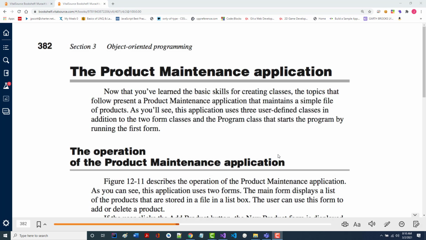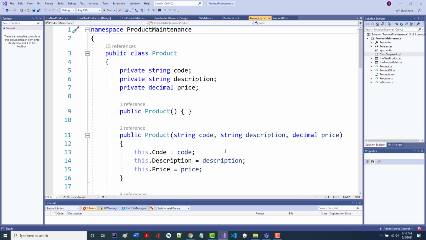All right, I'm going to continue on. It's going to seem like I'm backtracking a little, but I want to go over this entire product maintenance application that starts in here, and it takes up most of the rest of the chapter. I've also brought it up in Visual Studio, and I want to look at the files that are in there. So as we go through something in the book, I'm going to pop back and forth between what's in the book and the actual code itself.